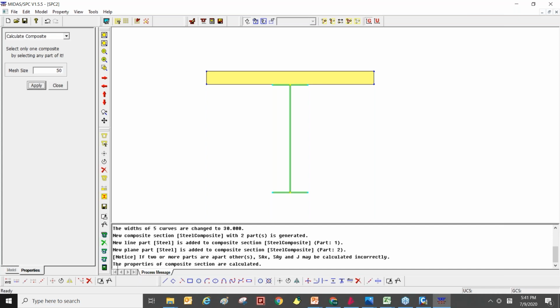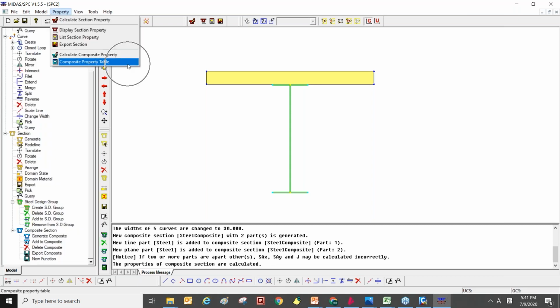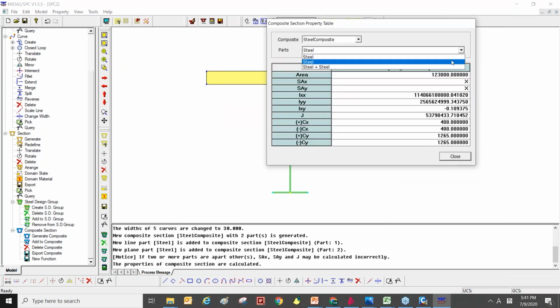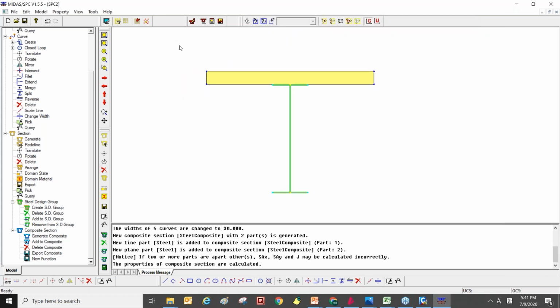So you can see the properties of the composite section are calculated, and it is also checked via the table. So you can check the before composite and after composite. I assigned the same name, so it showed this value.